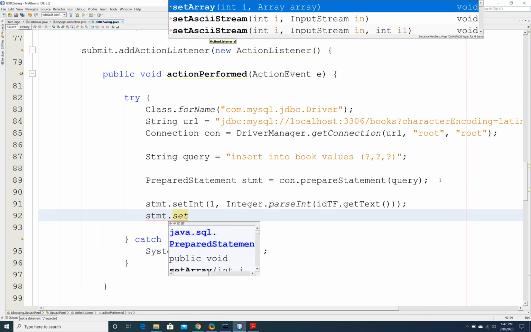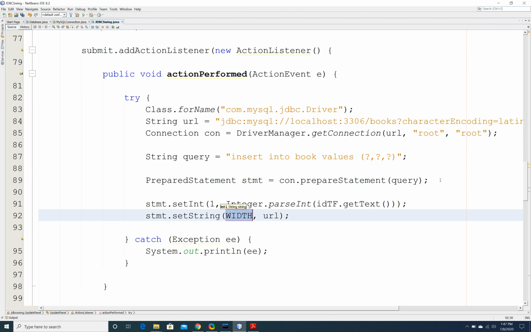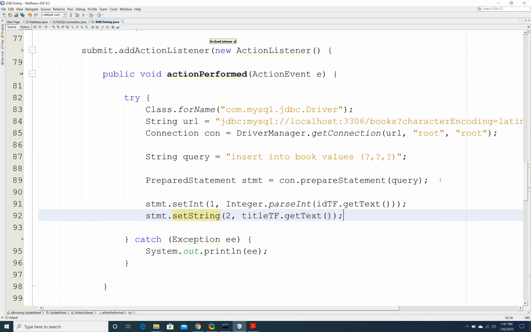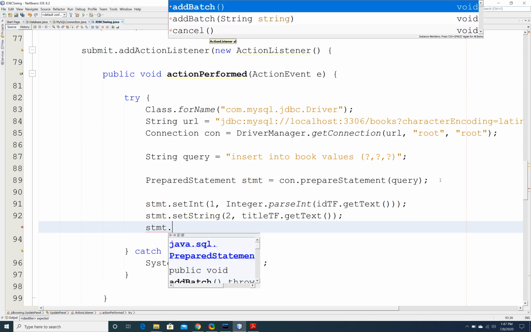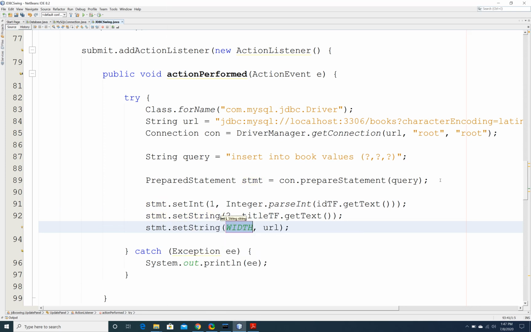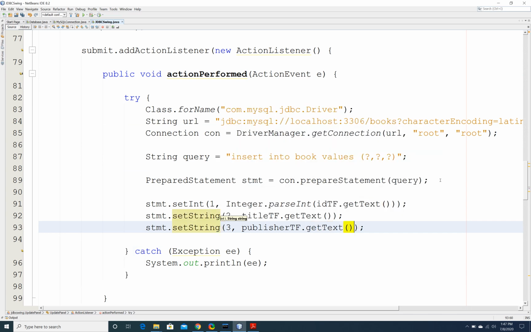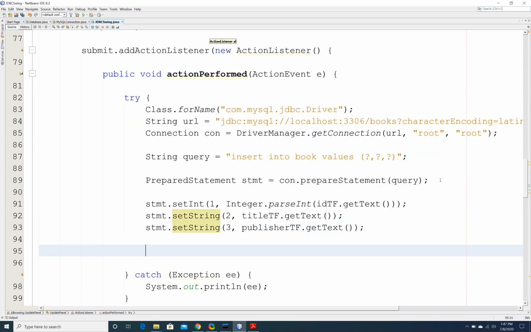Statement dot set string. Right, second one, here I don't need to perform any conversion, so name, oh no, not name, but title text field dot get text. Right, similarly, statement dot set string 3, and here I say publisher text field dot get text. Right, so we get all these three texts, and then I say